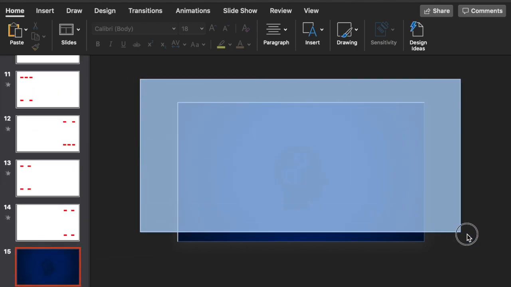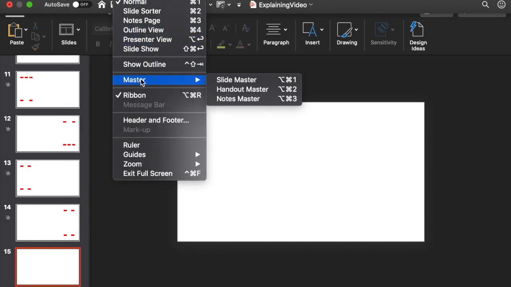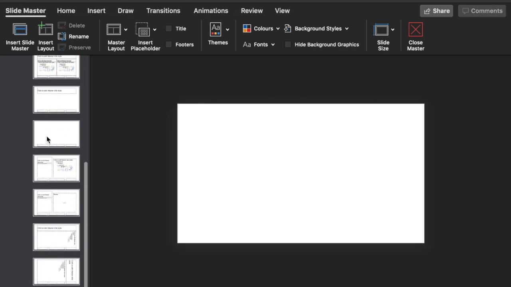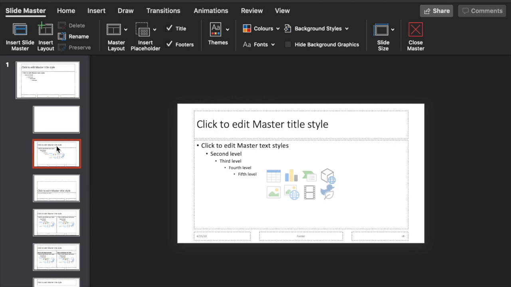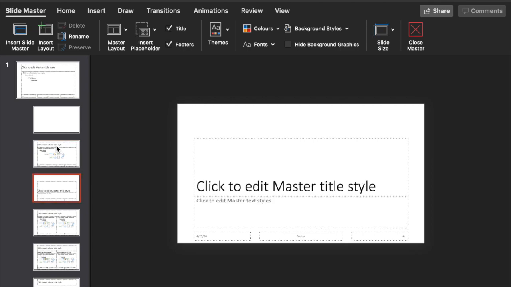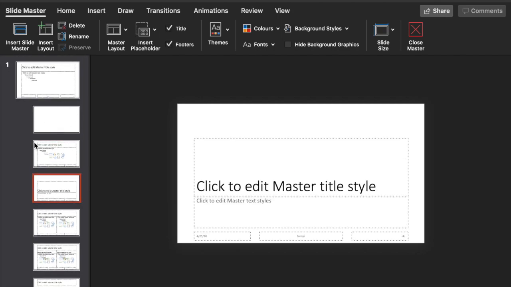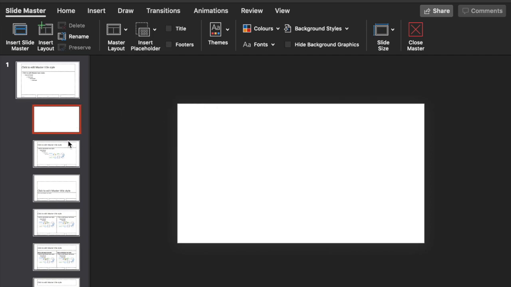It's pretty simple. Just take what I have here, and then I'll go over to View, Master, Slide Master. Here we've got a new view of our different slides. These are basically the different styles of slides that you can customize and change, so you can have different types of backgrounds, like type 1, type 2, type 3, and so forth. So here we've got a master slide. Whatever you put in the master slide will be inherited and added to all of the other